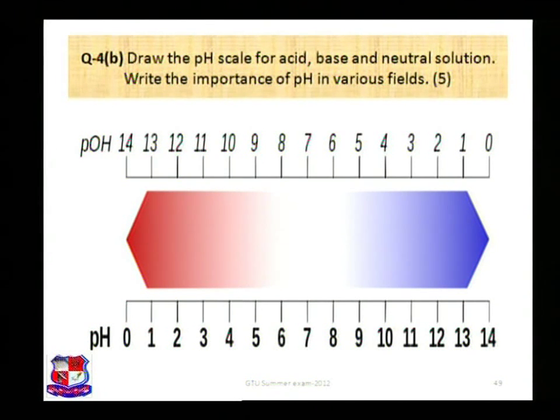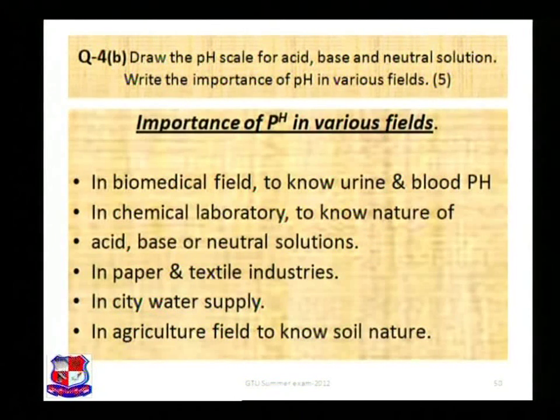Let us try to understand the importance. What is the importance of the pH in various fields? It is very important in biomedical field to know the urine and blood pH. In chemical laboratory, to know nature of acid, base or neutral solutions. Suppose you are given an unknown solution and asked to find out which one is what, then you can straightway